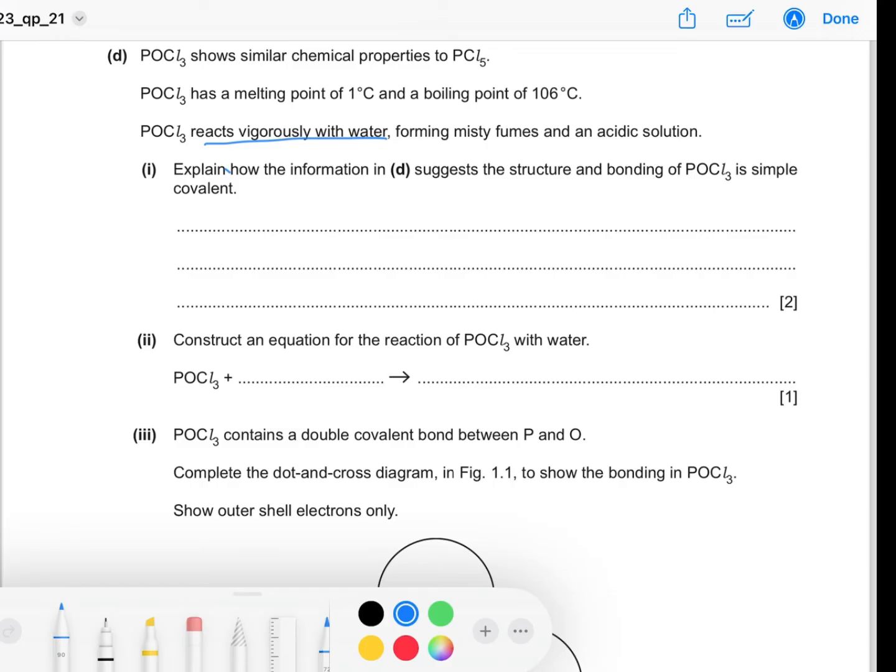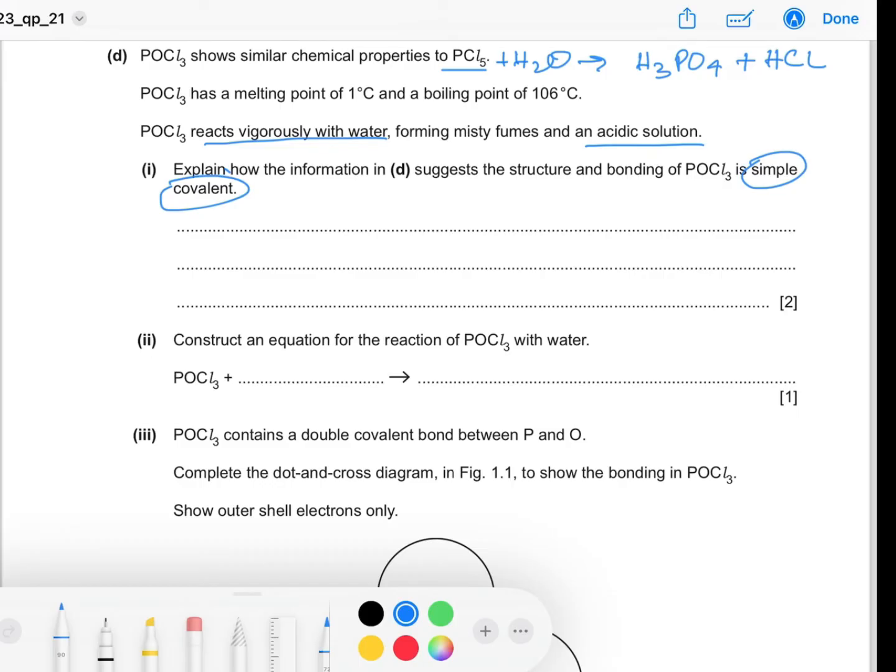Okay, so all covalent compounds react with water to undergo a hydrolysis reaction. Phosphorus pentachloride reacts with water, for example, to form phosphoric acid as well as hydrochloric acid. So the fact that it reacts with water by hydrolysis to form an acidic solution indicates that it is a covalent compound. As for the simple part, the simple covalent compounds have a structure which involves weaker intermolecular forces as